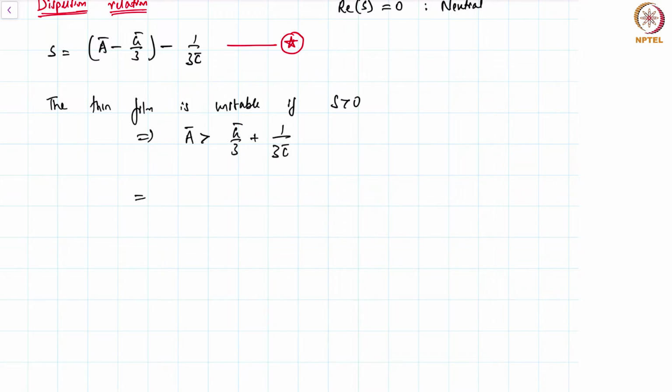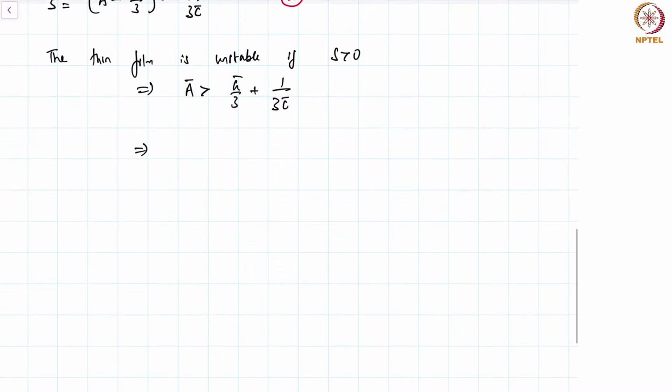We can substitute the expressions for a bar, g bar and c bar: epsilon A by 6 pi mu u naught h naught square should be greater than epsilon rho g h naught square by mu u naught,